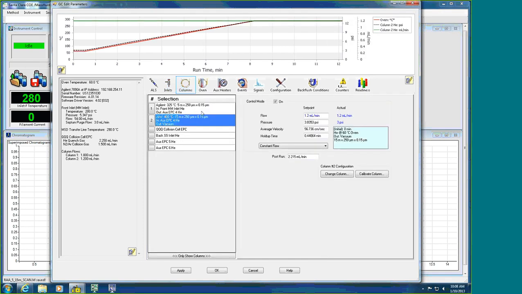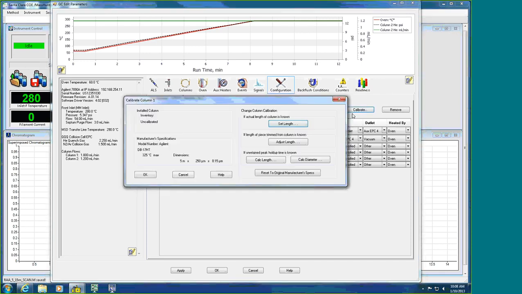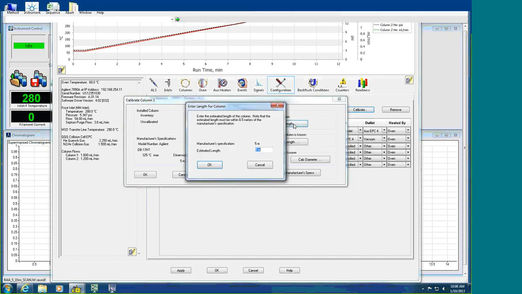In terms of column configuration and flows, as in this particular case, we have a GC triple quad attached to MassHunter software. And what we see is we have 2 columns. We have a 5-meter column and a 15-meter column. It is very essential to configure the proper column here in the Configurations tab to ensure that your column is calibrated. What this does is it ensures that if you make any maintenance to your column and clip a few inches off, your retention times will maintain the same. So you can set this length here, 5 meters,